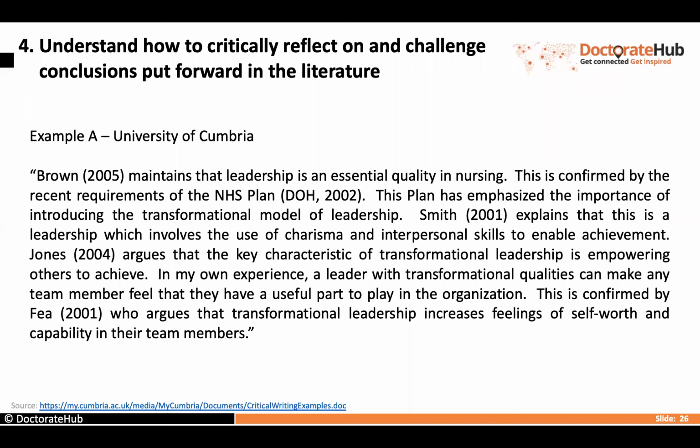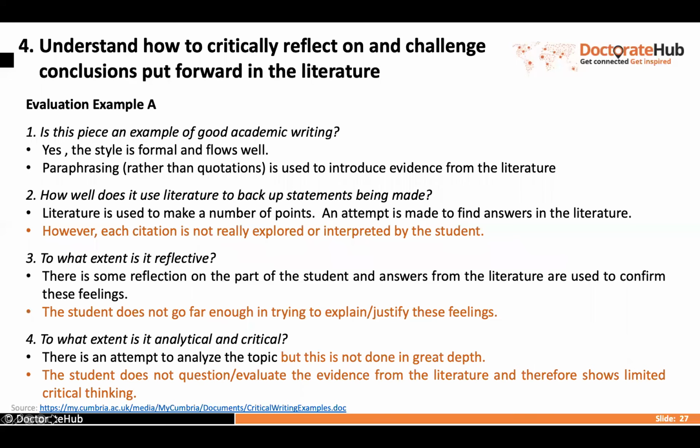because it starts with authors, Brown, Smith, Jones, Fee. So if you recall the earlier part one, where we said working over messenger or message, this is clearly working over the messengers. And if you work over the messengers, the message cannot clearly be addressed and come out. So it's quite obvious, even without reading it, just by looking at the structure of the writing, you spot it's initial writing, and it will not be critical. And as you can see in this source, that was also the analysis of this piece of writing.